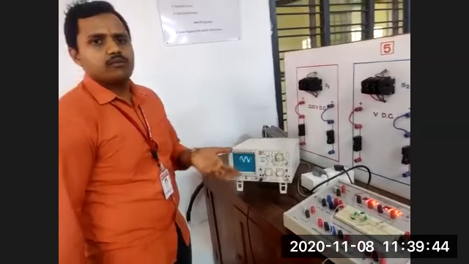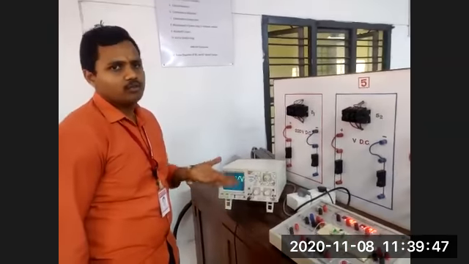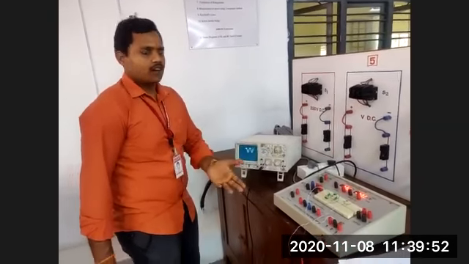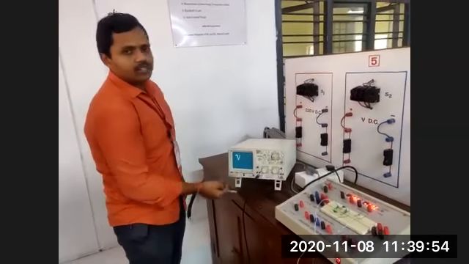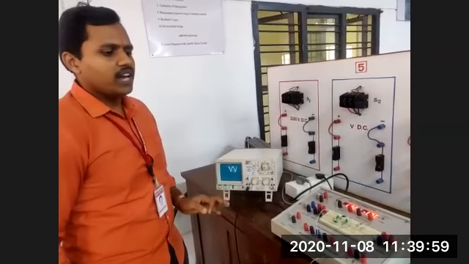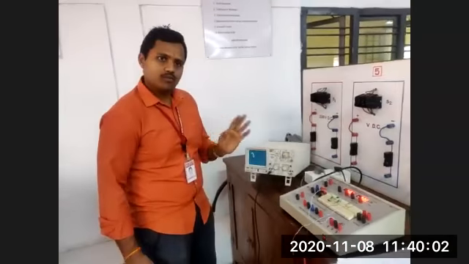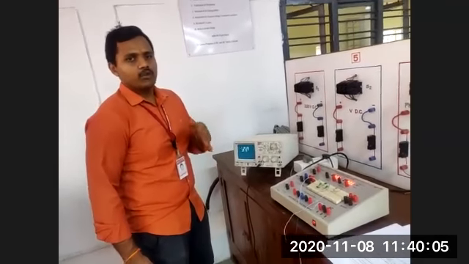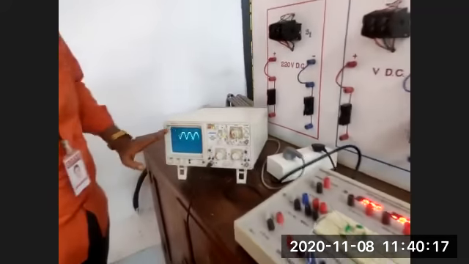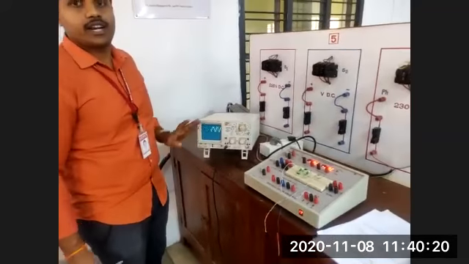The same procedure applies for the half wave rectifier and the full wave rectifier, with and without capacitive filters. By the filter, we can remove the unwanted ripple components present in the output waveform. This is the advantage. The procedure and calculations are the same as in the half wave rectifier. The only difference is that in the full wave rectifier both cycles are present in the output waveform, that means a unidirectional DC wave appears in the output. So this is the total theory about the rectifier in experimentation.